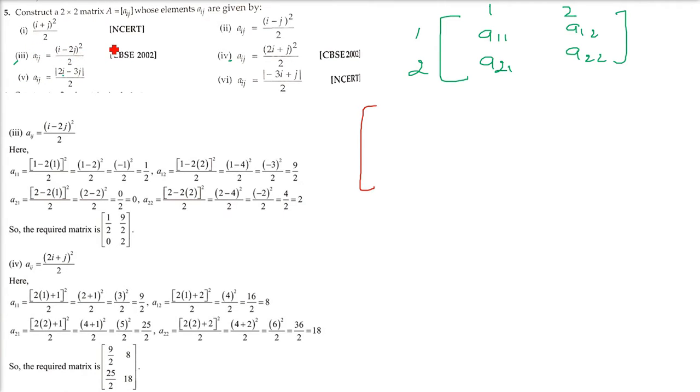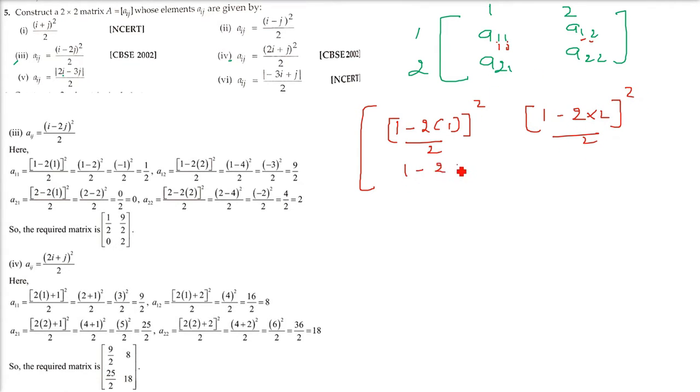So for (i - 2j)² / 2, the first will be (1 - 2 into 1) whole square divided by 2. Next one will be A12, so i is 1, j is 2, so (1 - 2 into 2) whole square by 2. A21